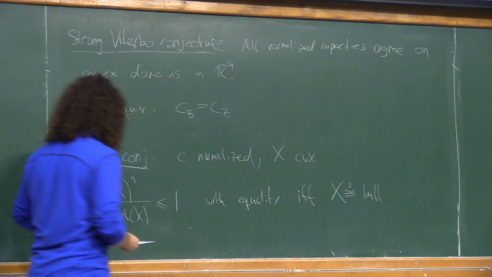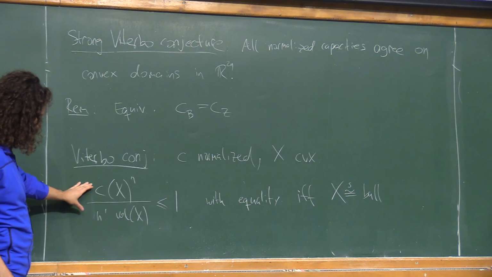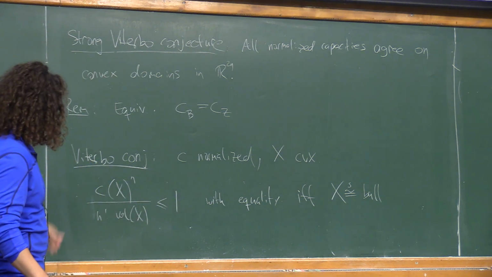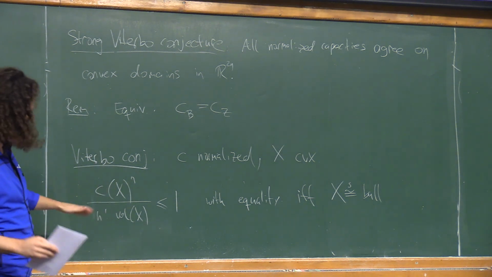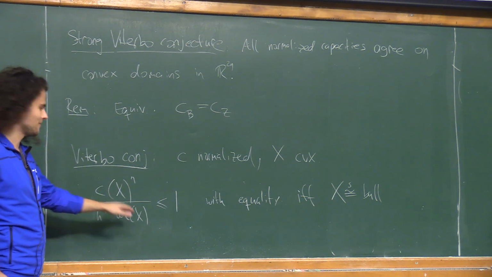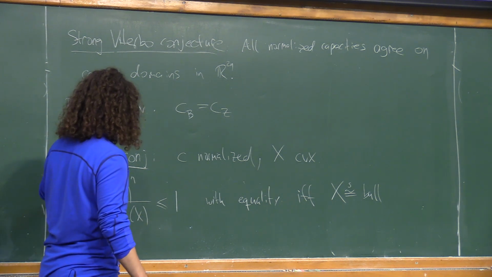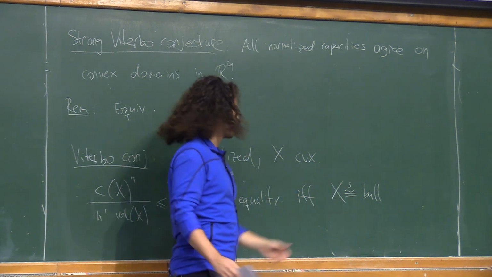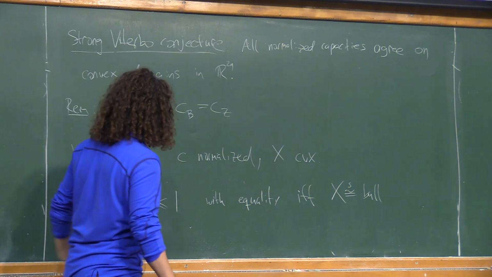Right, so you can think of this as some sort of isoperimetric inequality. So instead of trying to find the domain with the smallest surface area of a given volume, here we try to find the domain of the biggest capacity with a fixed volume. And the conjecture is that this is optimized exactly by those domains that are symplectomorphic to balls. Right, and for the ball, we know that we have equality here, and then it's conjectured that it's like this.